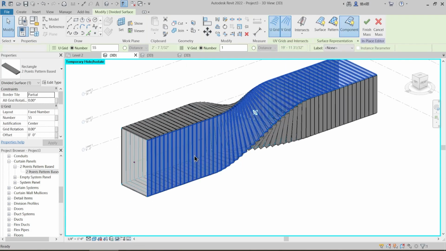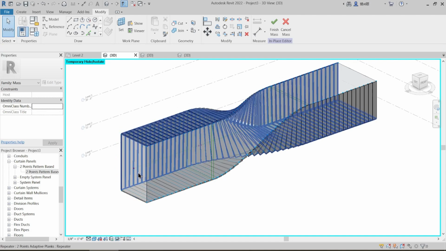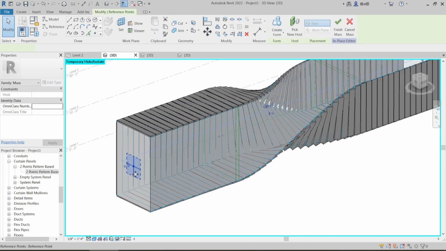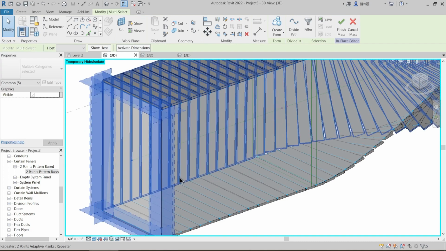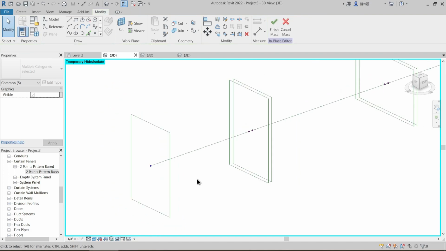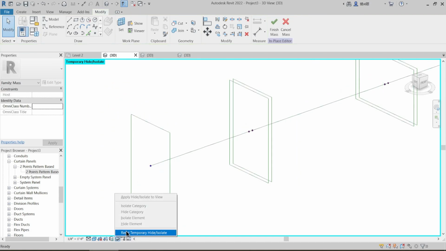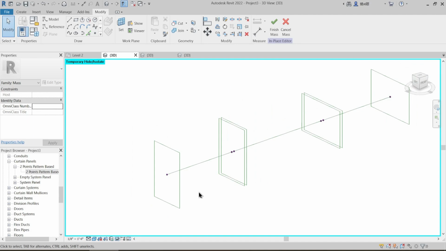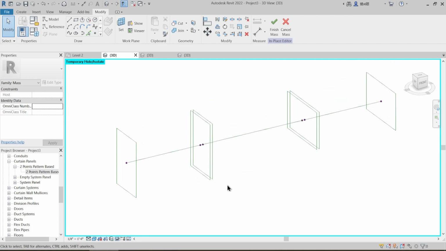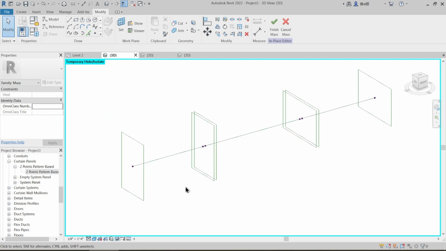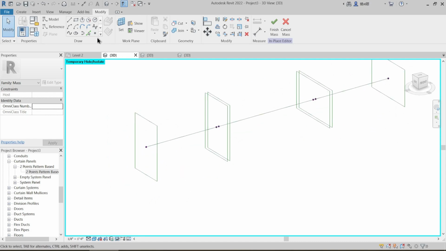So just delete this and select this point and the reference line and say IC, that is isolate the category. The same shortcut, IC, isolate category. So now what we are going to do is lay a couple of points onto this surface such that we can manipulate it. Okay, so now what we need to do is a point